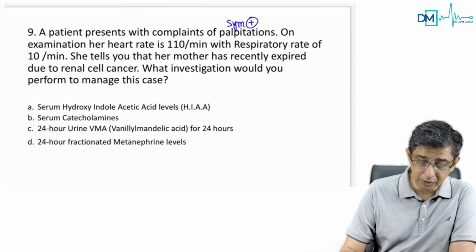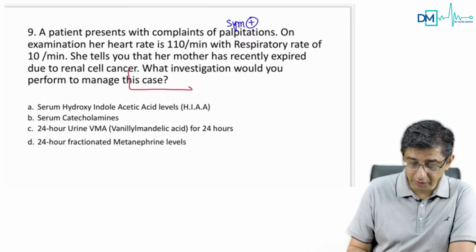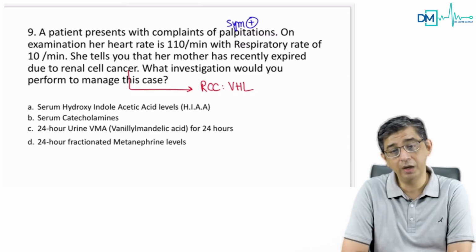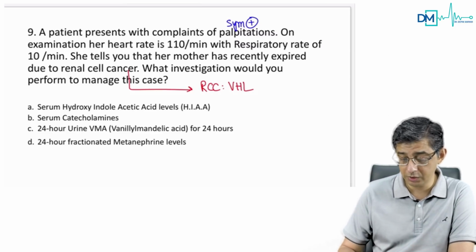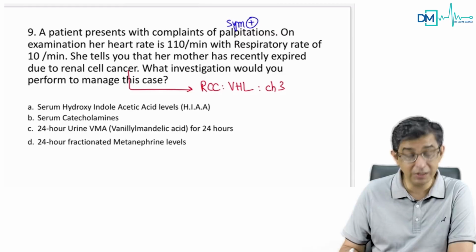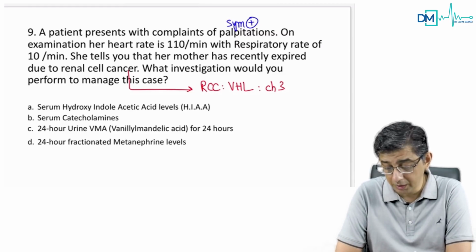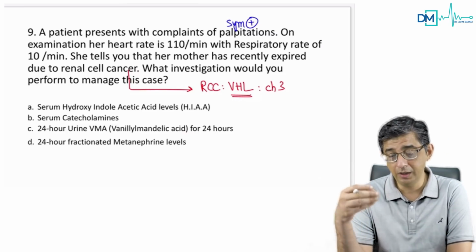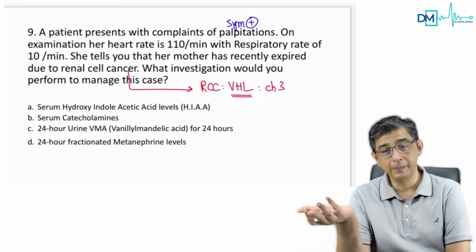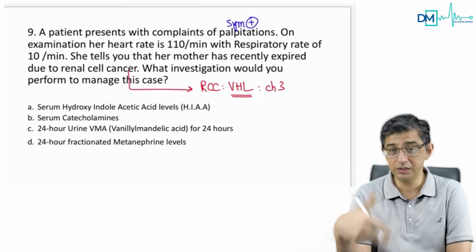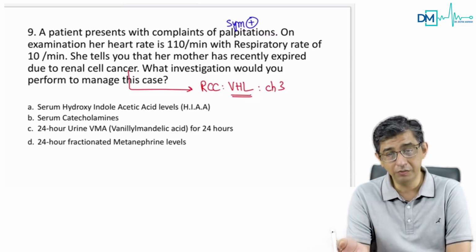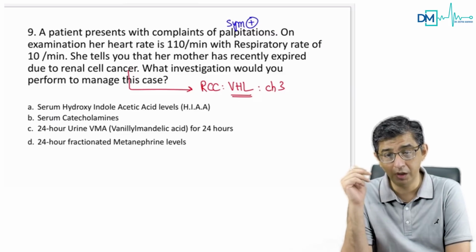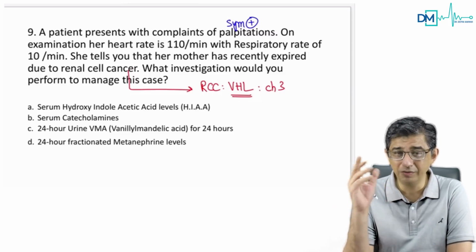Now, the moment you read this, his mother has died because of renal cell cancer, all of you are aware of the fact that renal cell cancer is related to von Hippel-Lindau syndrome. No? Von Hippel-Lindau syndrome is the one related to chromosome 3, and this can have a genetic basis. So the bottom line is that in this person, there is a possibility of a familial tendency for cancers. You see, the mother has died because of renal cell cancer, and the son or the daughter of this person is presented with features of sympathomimetic stimulation. So, well, this is slightly a difficult one.